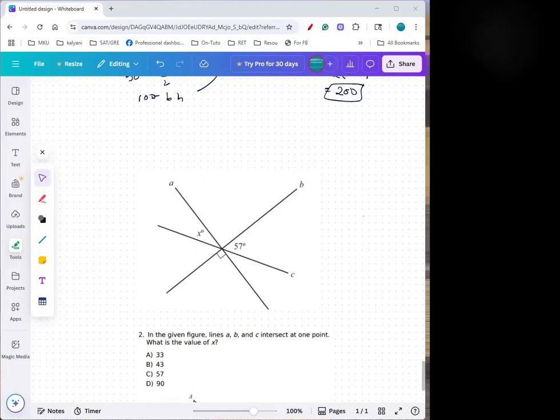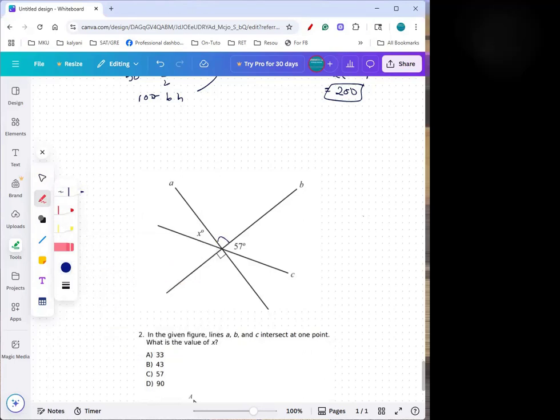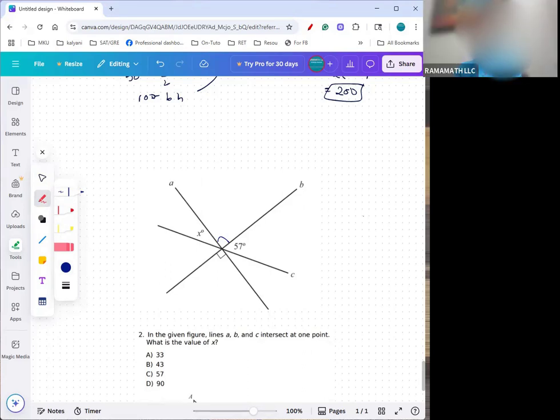Yeah, help me. Since you can see that there's a right angle, that means that you can subtract 57 from 90, which gives you 33. And since that angle and x are vertical angles, x is 33. Okay, everybody got it? This is 90, this is 90, and you add them and then take away from 180, or 180 minus 90 plus 57. Okay, and that should be your answer there. Good. Next one,